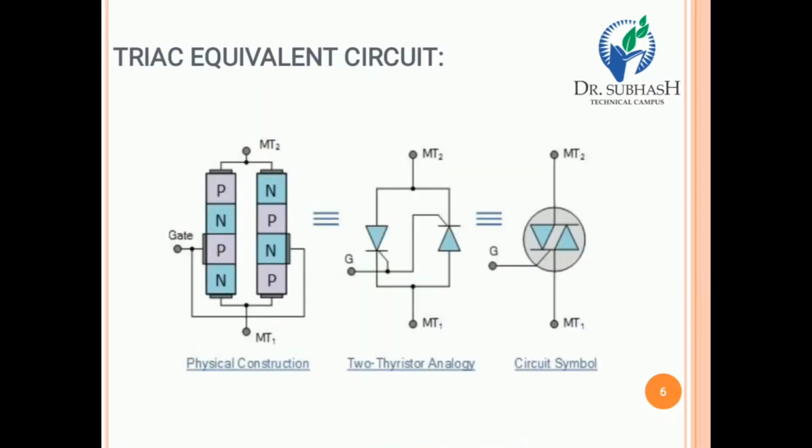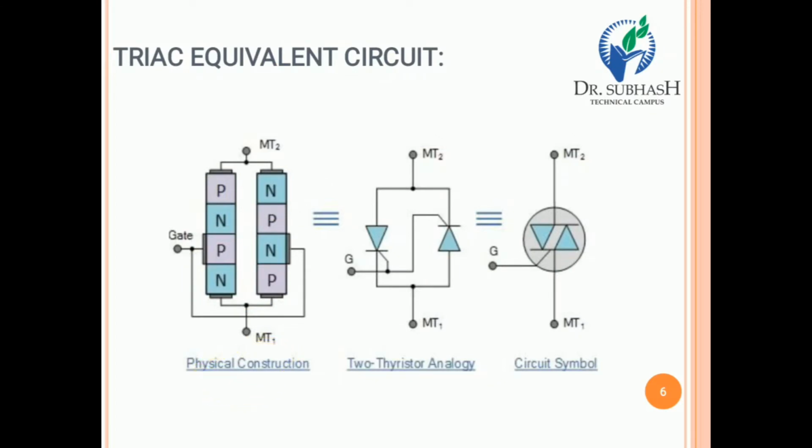Now that is the triac equivalent circuit. Dear my students, previously I discussed that triac is nothing but two connected SCRs, right? And both the SCRs have three layers. So that is our MT2 terminal, that is our MT1 terminal. Both the SCRs have shorted the last layer for MT1 and MT2, and that is our gate terminal, right? So that is the physical construction of this triac.